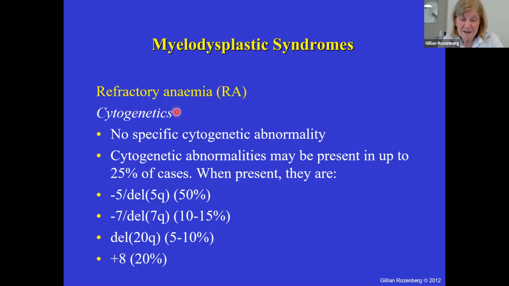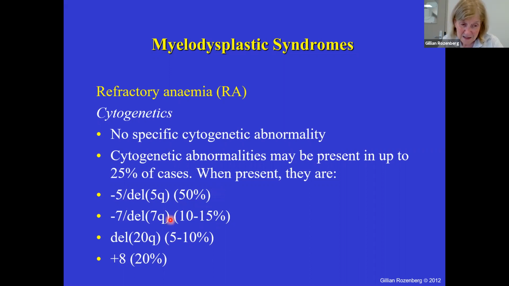So, cytogenetics. There are no specific cytogenetic abnormalities in refractory anemia. The cytogenetic abnormalities that may be present in up to about 25% of cases are as follows. There are 4 classical cytogenetic abnormalities. The first one is a deletion of chromosome 5, or minus chromosome 5, and in about